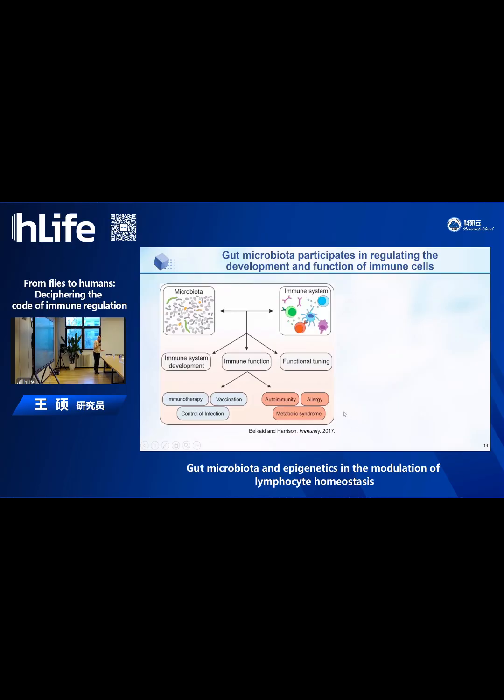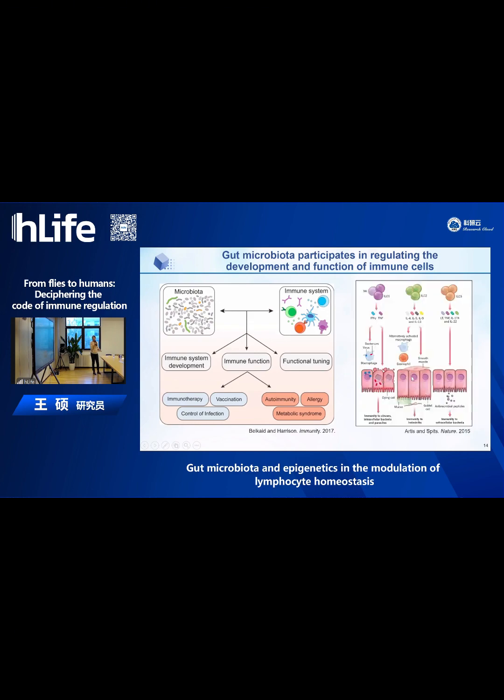As I mentioned, commensal bacteria not only regulate the immune function but also contribute to immune development at the mucosal site. So we want to know how these bacteria coexisted or co-evolved with the immune system. Our lab mainly focuses on a very important lymphocyte in the mucosal surface, the innate lymphocyte. Innate lymphocytes are abundant in the mucosal surface.